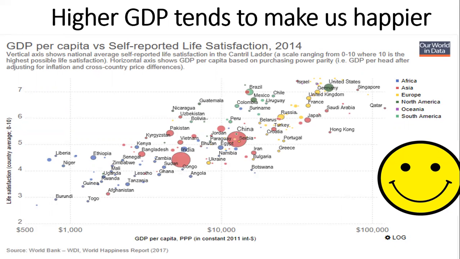So in essence, you ask people, on an average day, from a 0 to 10 scale, how happy are you? 0 represents totally unhappy, whereas 10 represents the highest possible level of life satisfaction. This is data, by the way, from Our World in Data. So in this graph, we see quite a clear correlation, which is down in this corner, where there's